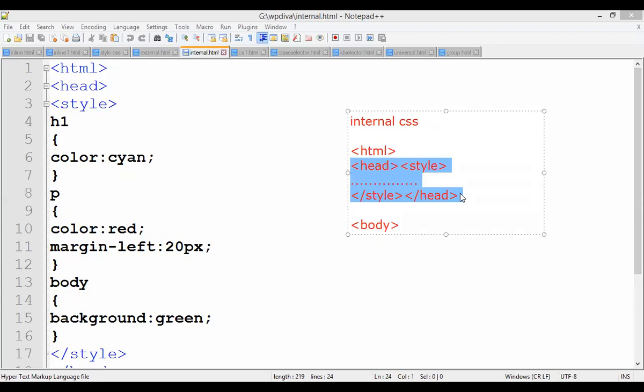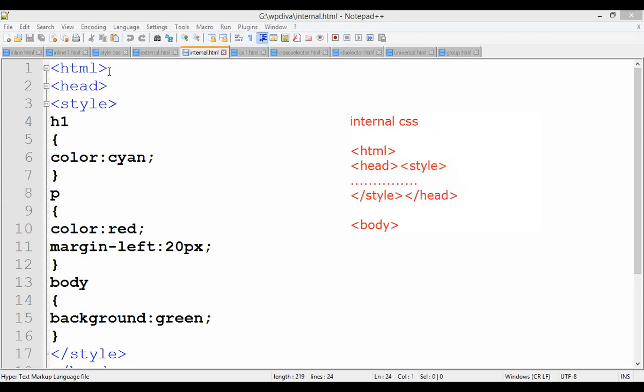So guys, the head tag is very important in CSS. For most style sheets, all the importing of files is carried out within the head tag only. So the head tag plays a major and important role when we want to import different types of files and when we want to apply the CSS. Okay, fine. Now see the code here.